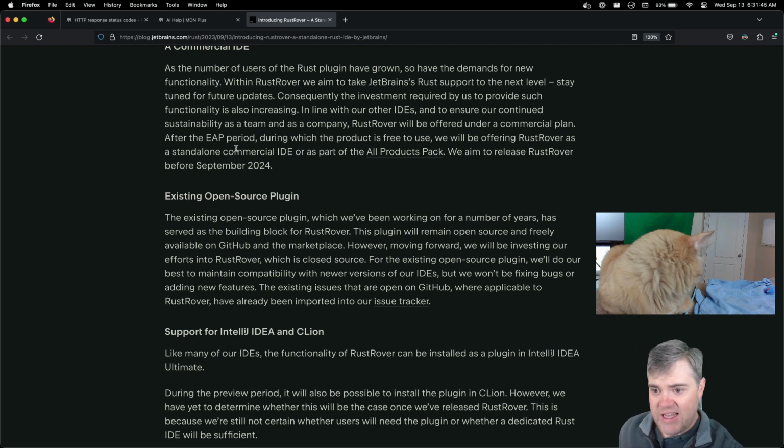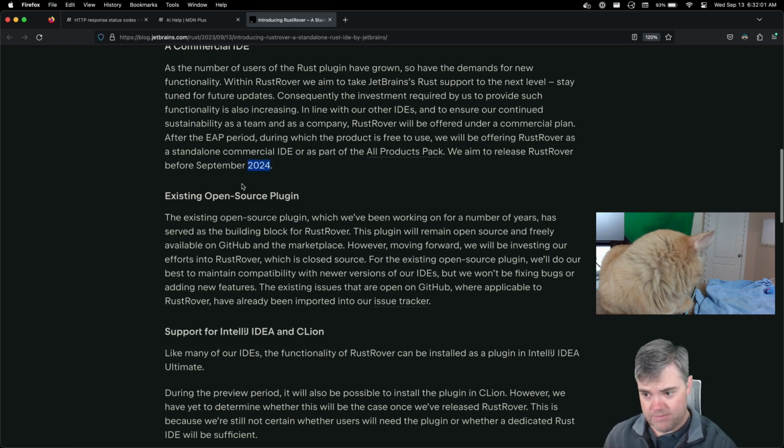Okay, so early access program, they're making the Rust IDE available for free. And then RustRover, their IDE, will be a standalone commercial IDE in next year. So 1 year.